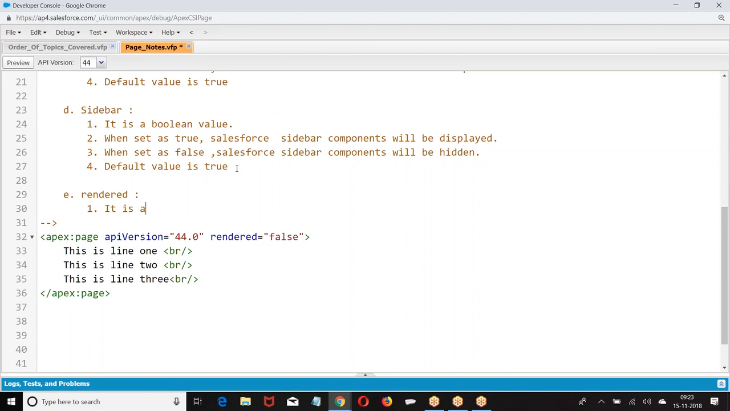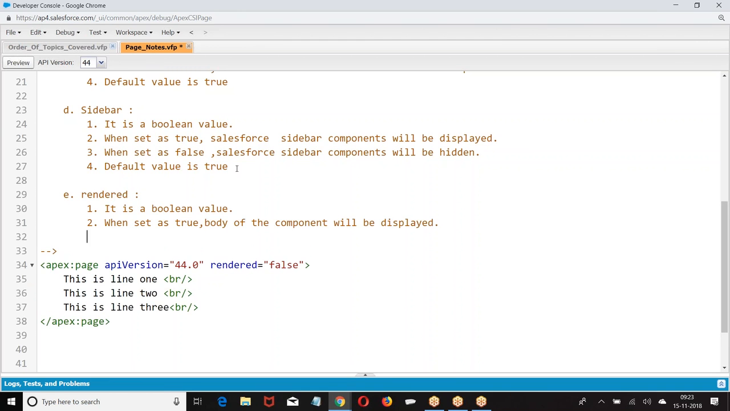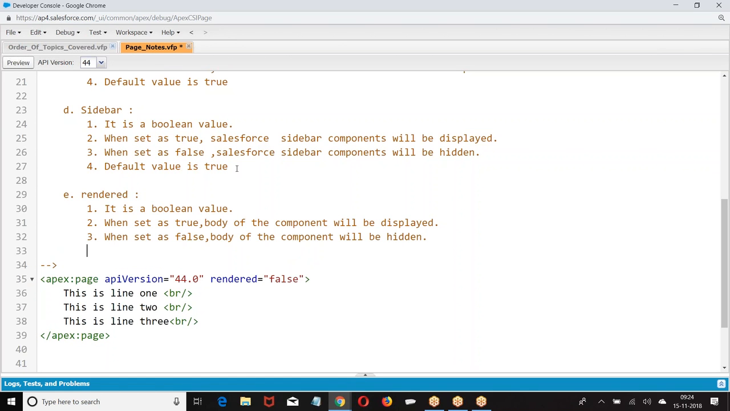It is a Boolean value. When set as true, the content or body of the component will be displayed. When set as false, the body of the component is hidden. Default value is